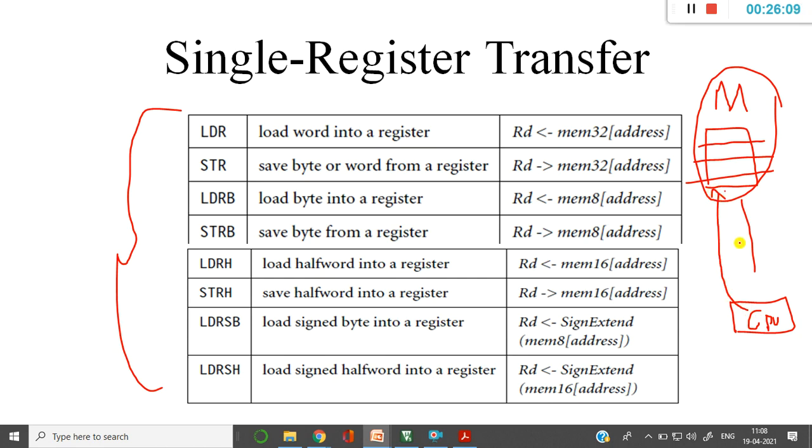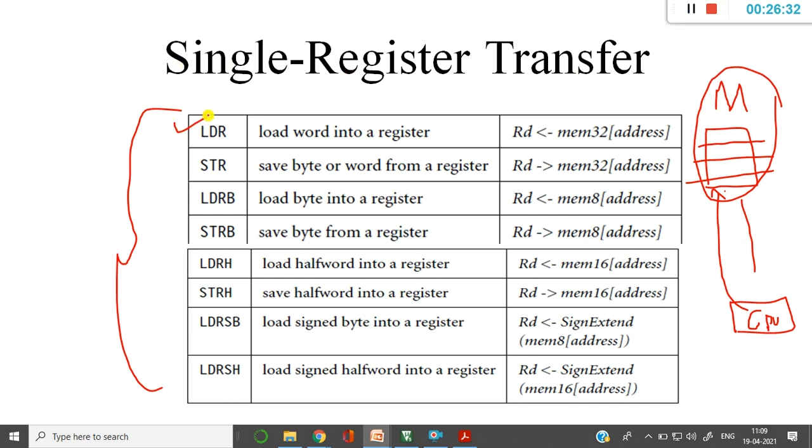Then how do you perform this? Anytime I want to fetch the data, I will be fetching it from my main memory itself. Then there must be an instruction to fetch the content from the main memory to the processor and to store the data from the processor back to the memory. So that's where we use load and store instructions.